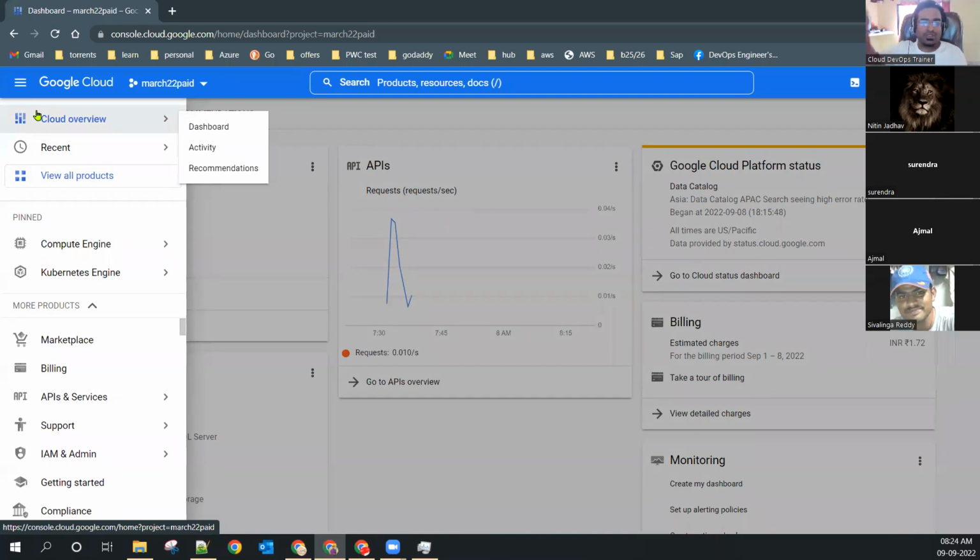Why am I showing this in Google Cloud? Because afterwards I want to give a big overview. Okay, we are not learning AWS here, we are learning Linux. So it doesn't matter whether we learn from AWS, GCP or Azure. I want you to learn Linux. Yes or no? That's why I'm going to Google Cloud, because you will be extra familiar with something.